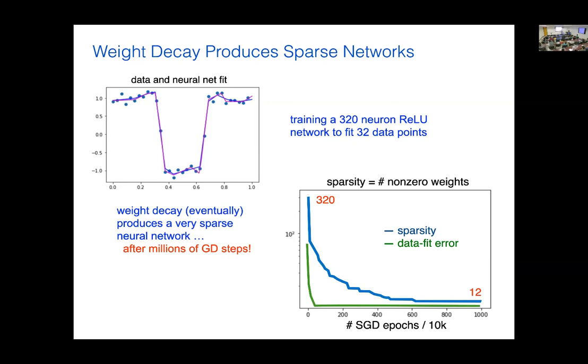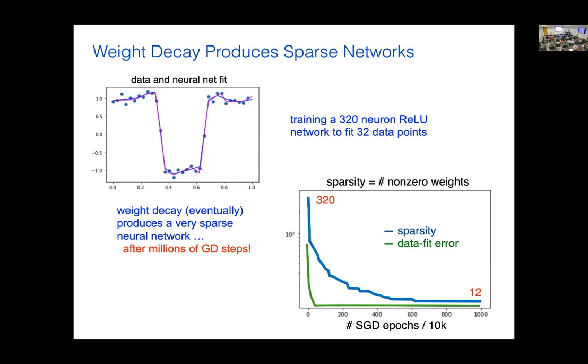So this is the number of non-zero weights or neurons in my neural network. I get zero training error, I still have a fairly dense neural network. But if I keep training gradient descent longer and longer, it ends up giving me a solution with just 12 neurons that are non-zero. So that's kind of interesting. Somehow you over-parameterize, but it actually homes in on this sort of not over-parameterized